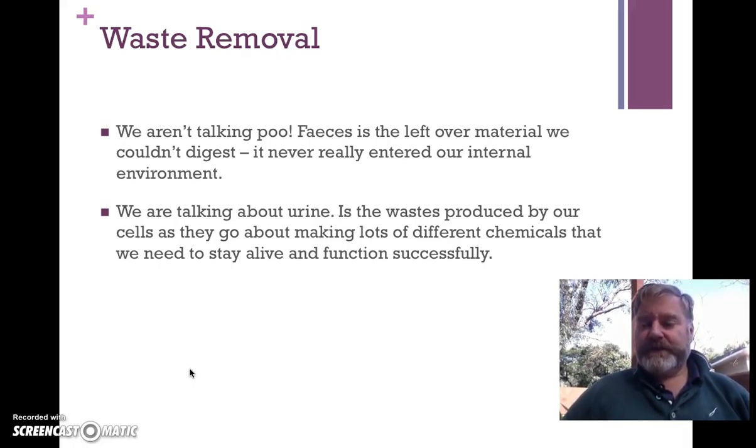Our urine, and as Viv pointed out, our sweat. So in that we'll find chemicals that have been produced by our cells, so waste of our metabolism, and that needs to be got rid of too. So we need to get rid of that sort of stuff so it doesn't become toxic and poisonous. And so waste removal is really important. Obviously we have kidneys and bladders and things that filter our blood and store that waste until it's nice and full, and then we go to the toilet and release a whole lot of urine.